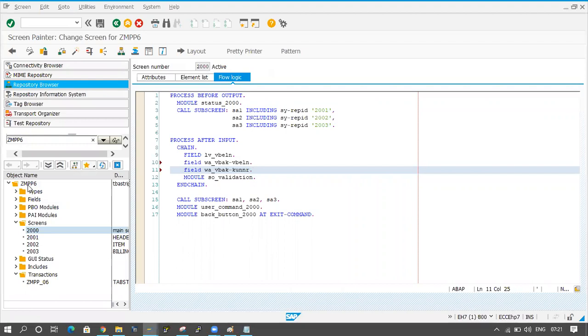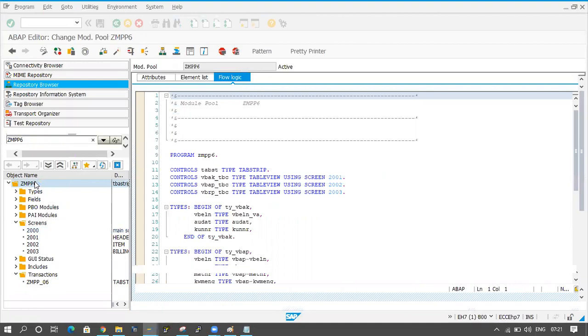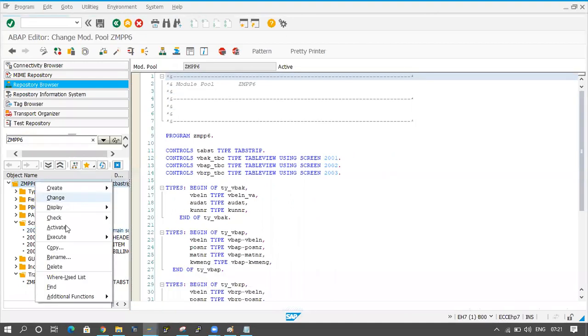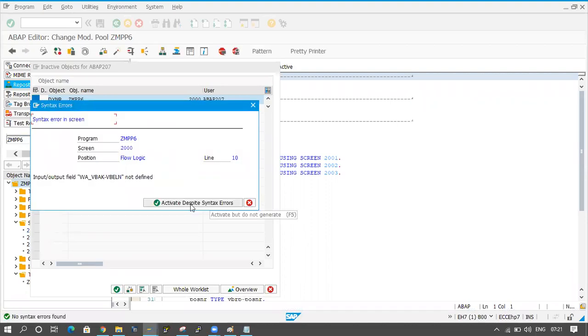Now I will activate the program. Double click on the main program, right click and activate it. Okay, some problem is there.